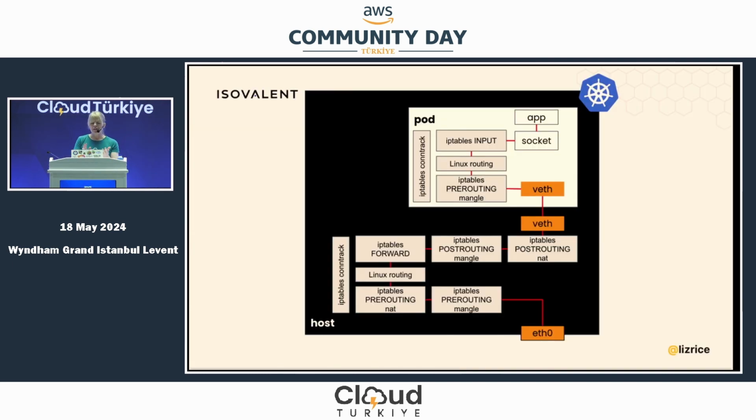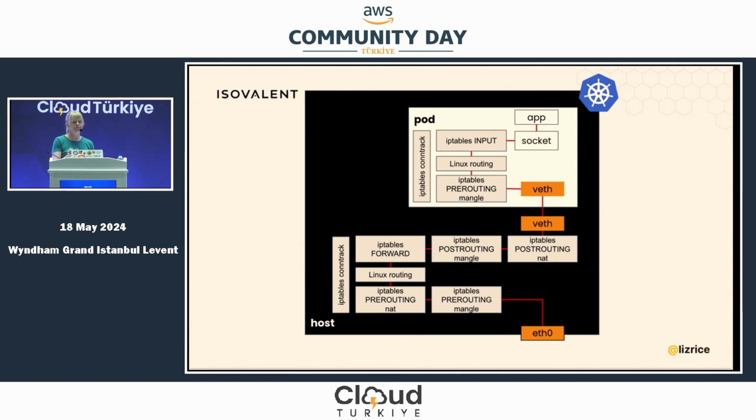In Kubernetes, we're running our applications in these pods, and we typically give each pod its own network namespace. And what that means is we've deliberately isolated networking in the pod from networking on the host machine itself. So if a packet wants to reach our application in the pod, in traditional networking, it comes in through the Ethernet port, it has to go through the whole networking stack on the host machine, then it goes through a virtual Ethernet connection into the pod, and it goes through essentially another copy of the networking stack in order to